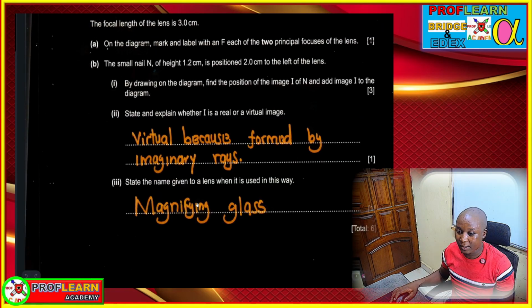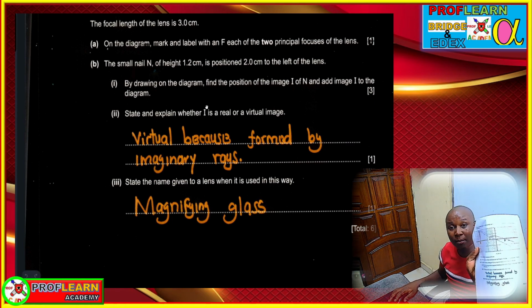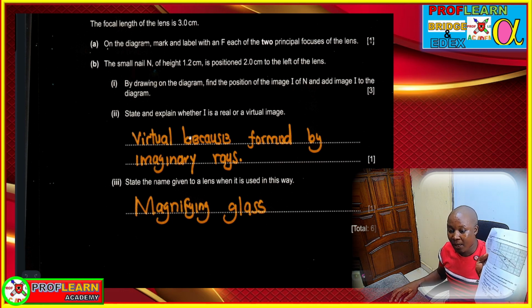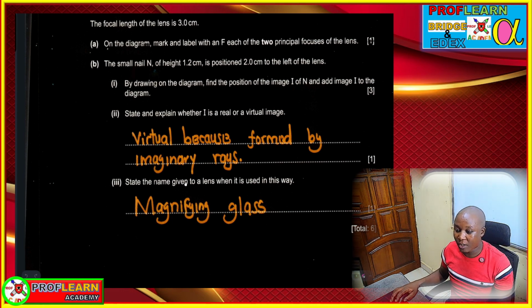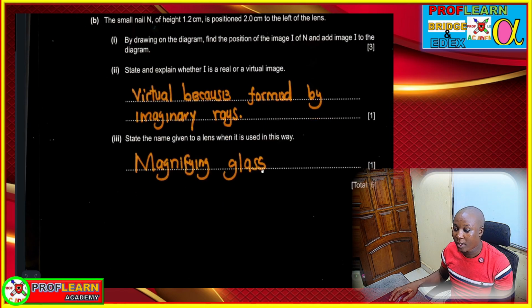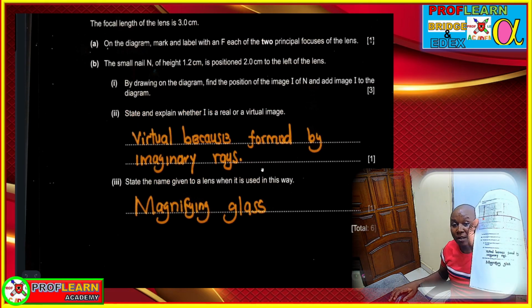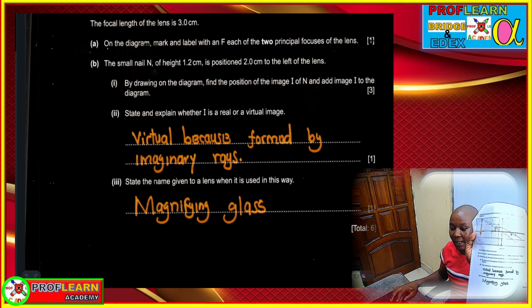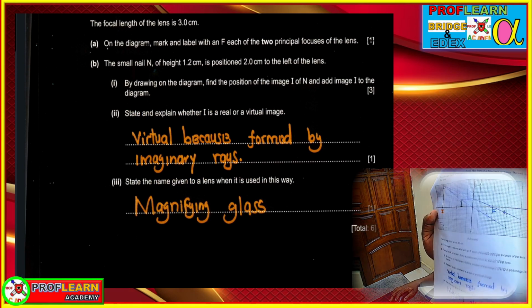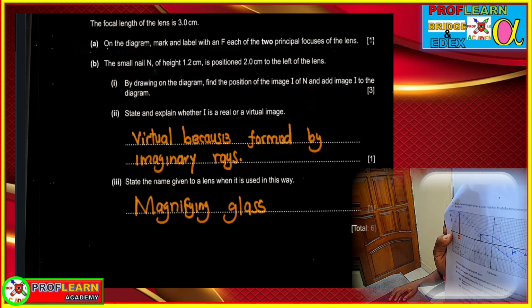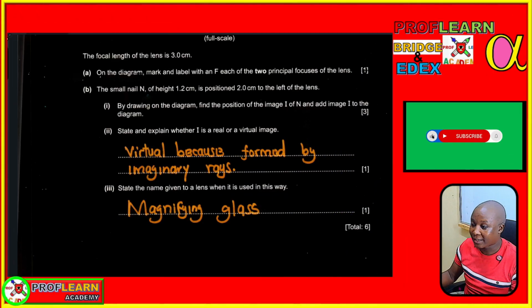The next part that we are being asked: state and explain whether the image is virtual. Basically, we have answered that question. The image is virtual because it's formed by imaginary rays. And state the name given to the lens when it's used in this way. The name is a magnifying glass, because you can see the image is larger than the object. So if the image is larger than the object, then we can say that this can be used as a magnifying